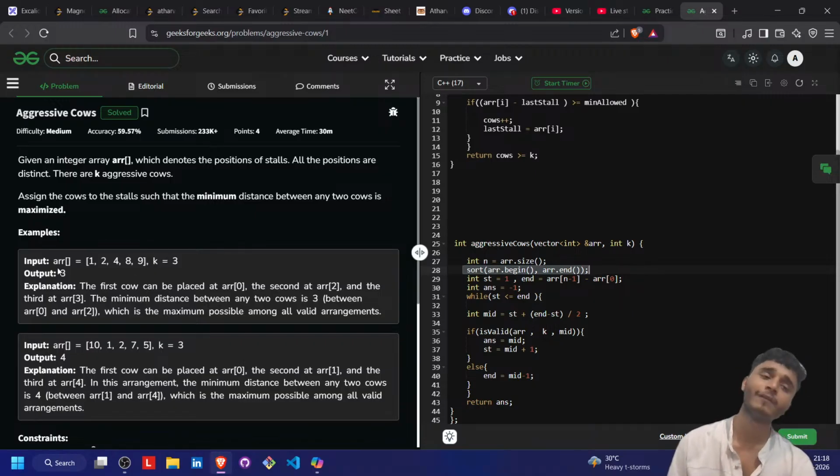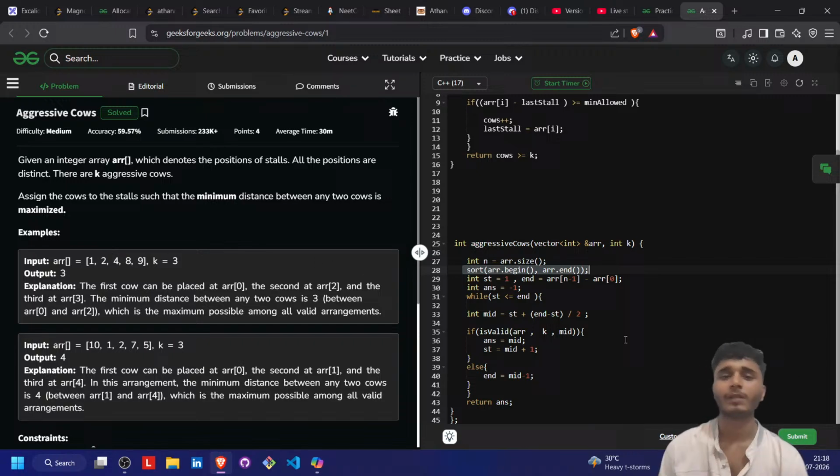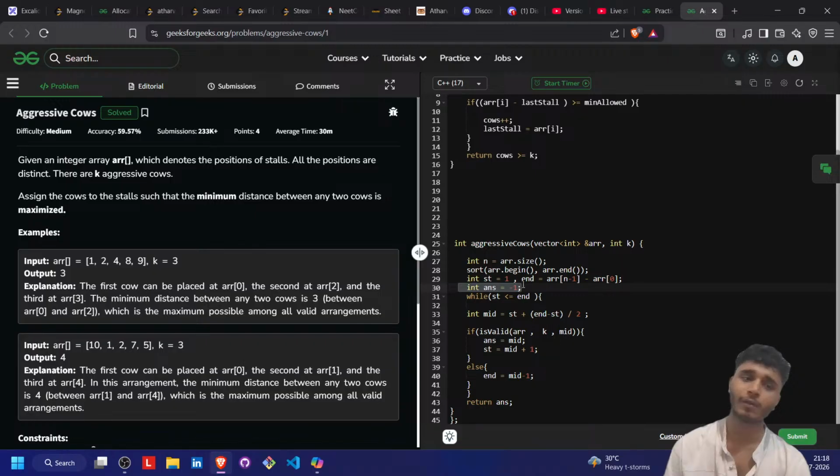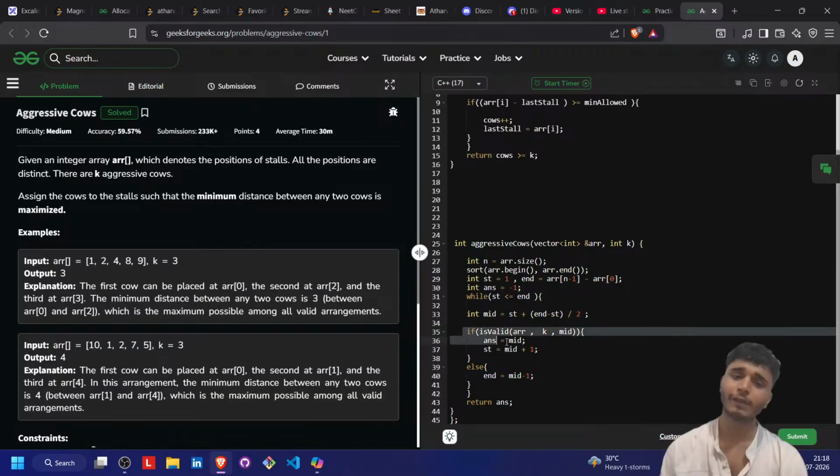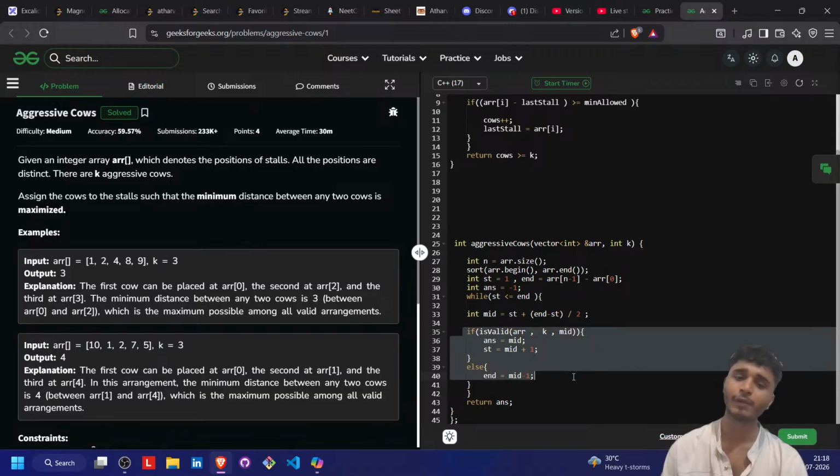Okay, in which we will place the cows in a right manner. And after that we apply binary search, like we take an answer variable also. Then we apply binary search on that, we get the mid value, and we create an is valid function as we did in allocate minimum pages